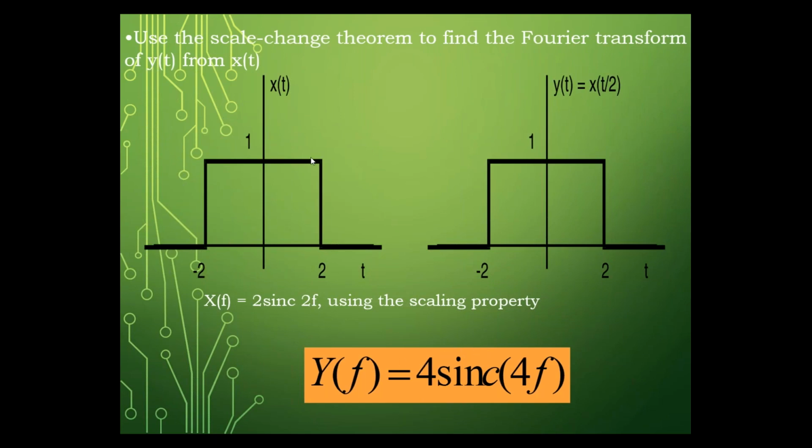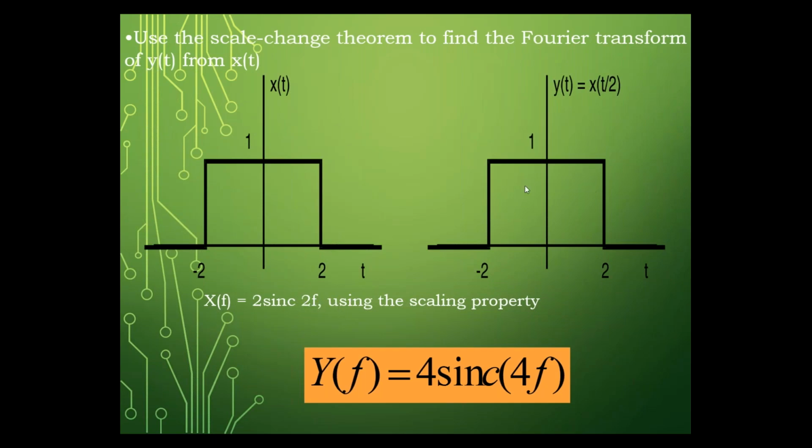Here we observed that I have a rectangular pulse, x of t, whose amplitude is 1, and it is existing from -1 to 1. We know from the basics of Fourier transform, the Fourier transform of x of t is X of f, which you can write as A T sinc(fT). Here A is the amplitude, which is 1. T is the time period. Since -1 to 1, the time period is 2. So you can write 2 sinc(2f), here T is again 2.